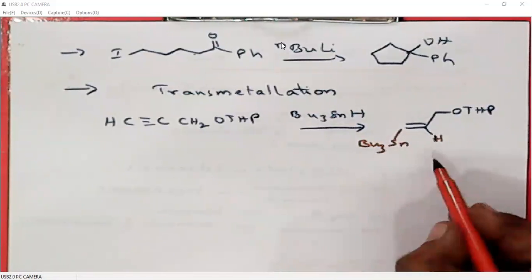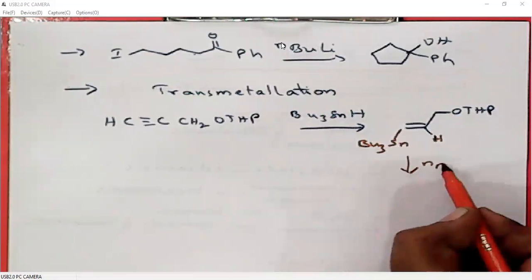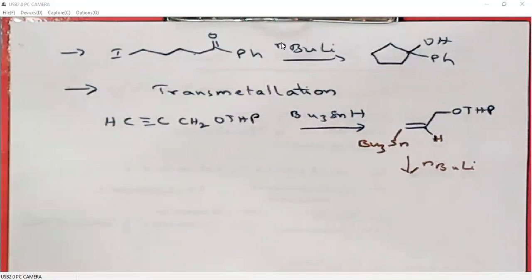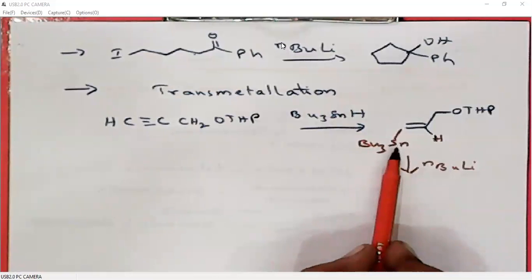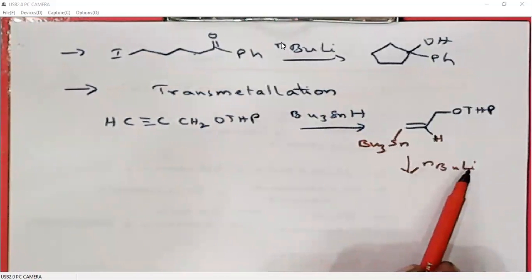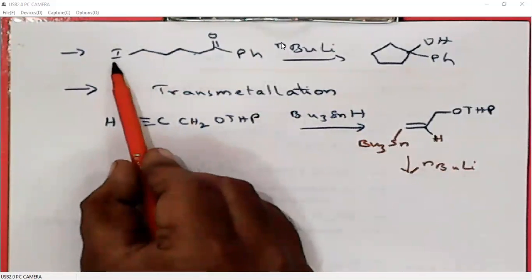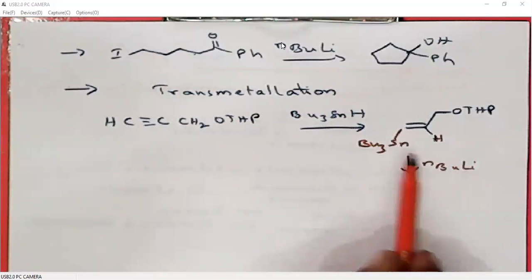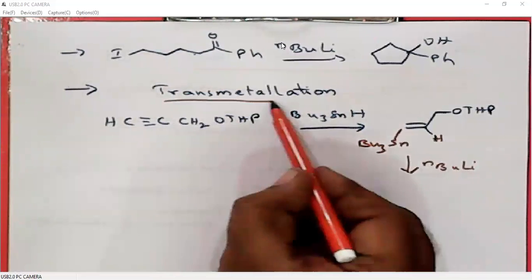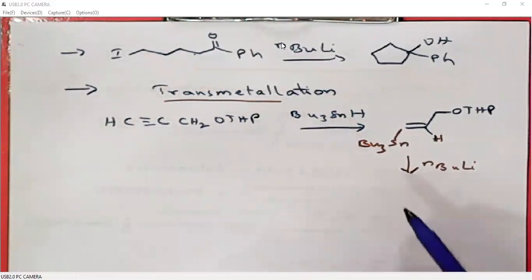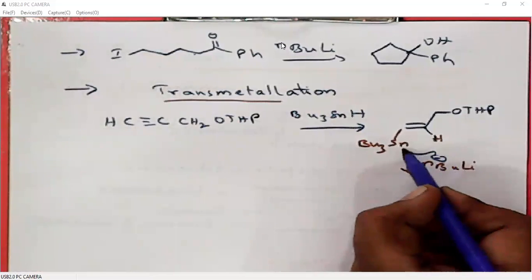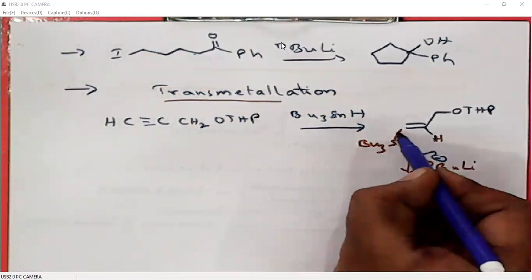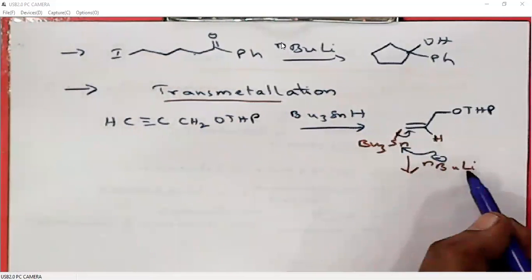Now, what is transmetallation? When we have a carbon metal bond and when it is treated with an alkyl lithium reagent, it undergoes transmetallation. That means this metal is now exchanged with lithium metal. In the previous example, halogens are exchanged with lithium. In this example, the metal is exchanged with lithium. Metal is exchanged with another metal, so that is why it is called transmetallation. This alkyl anion will attack on metal so that it generates anion here. Of course, the counter ion is lithium.